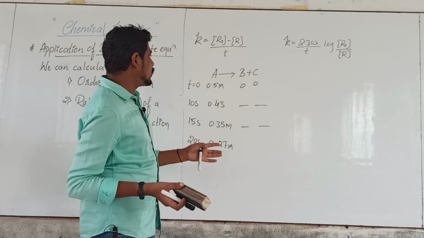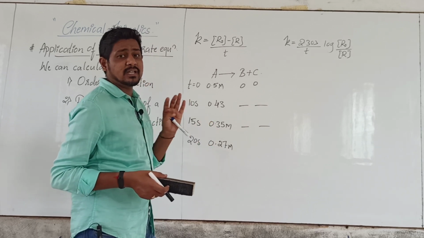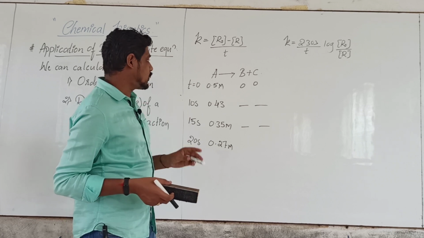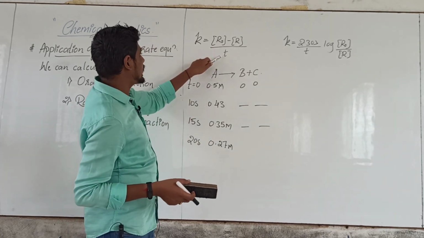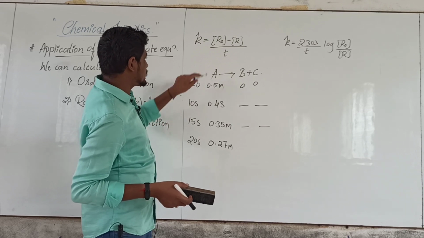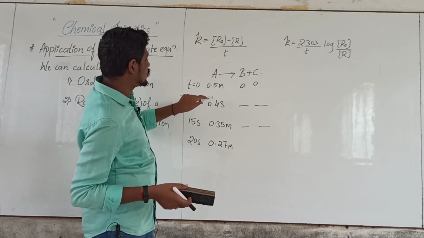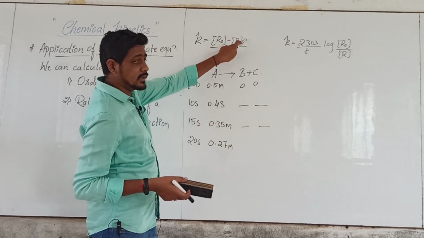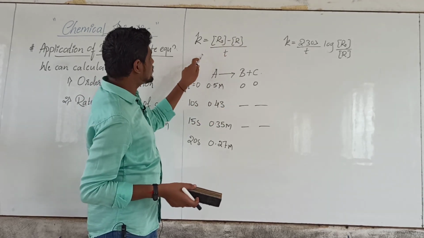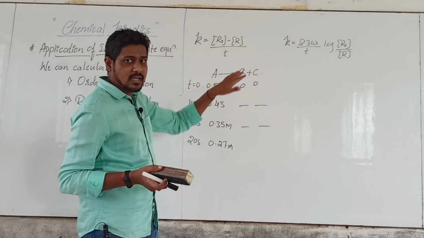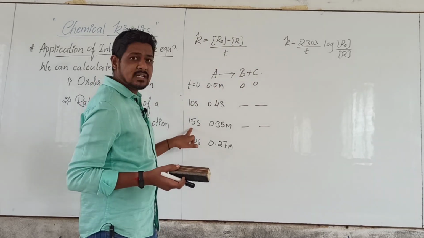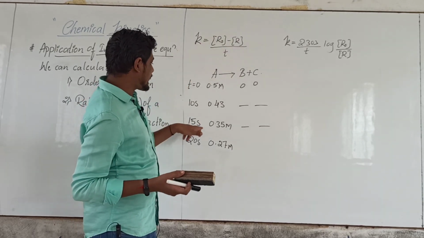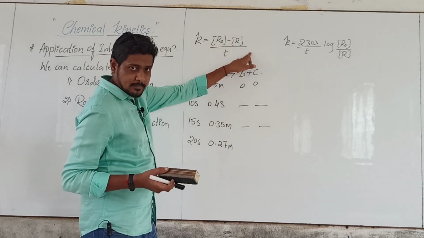So now I don't know what is the order of the reaction, but I know the integrated rate equations. We know the integrated rate equation. So what I have to do, I have to substitute these values, say at 10 seconds, what is the R naught value, this is the R naught value, and what is the R value, that I will get. So this I have to substitute here. Then I'll get some K value. Next at 15 seconds, again we have to put the same values. Then again substitute at 15 seconds, the values that we have to substitute here.